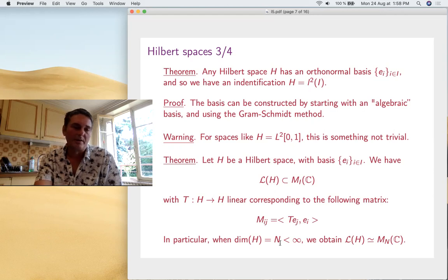When H is finite dimensional, this is bijective, so we get the usual matrices. So what we'll be doing in what follows is really infinite matrices. With the remark, however, that I was telling you for spaces of functions, things like that, it is better not to use a basis because the basis is not explicit. So this remains something a bit theoretical.